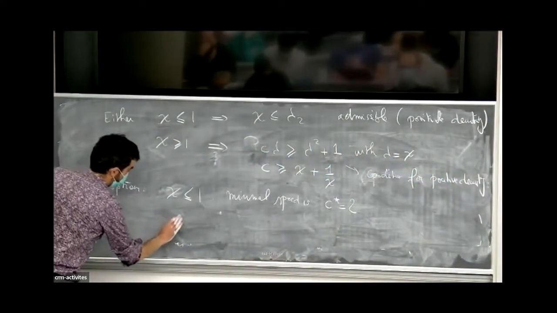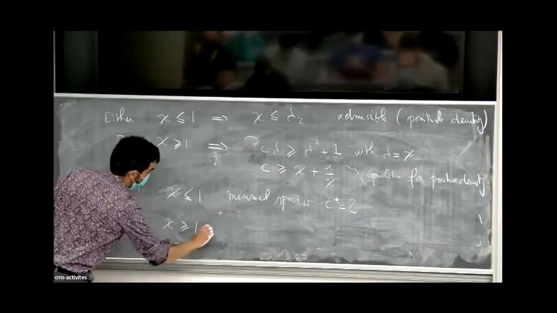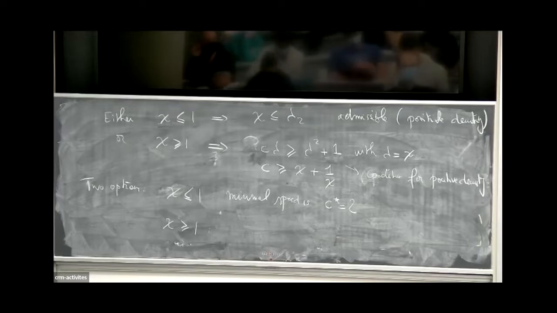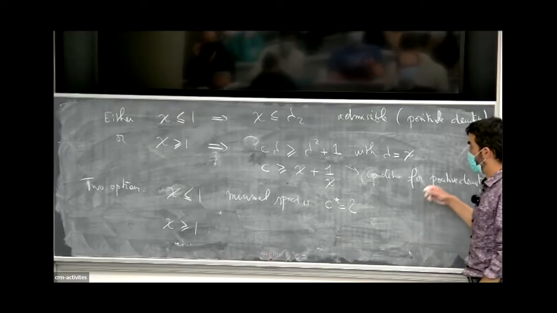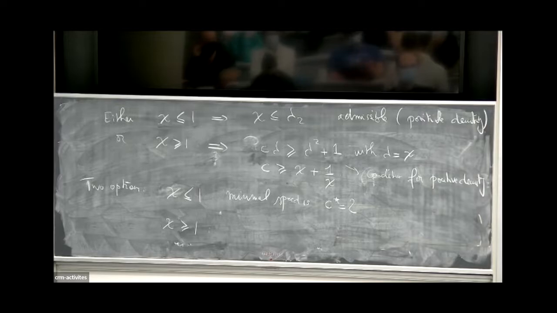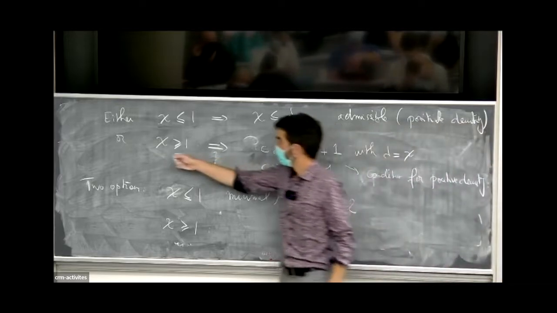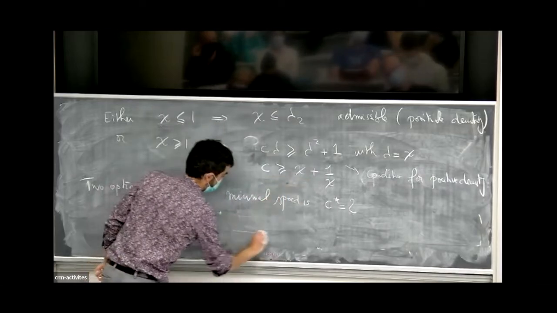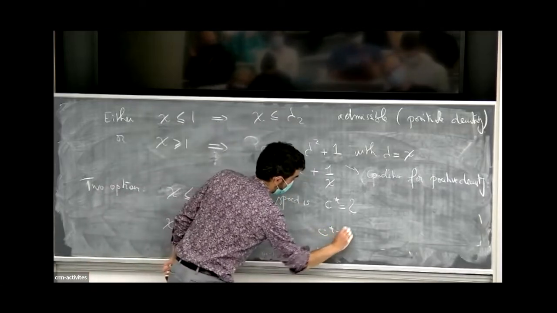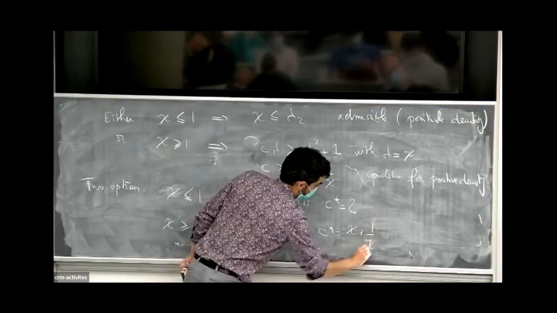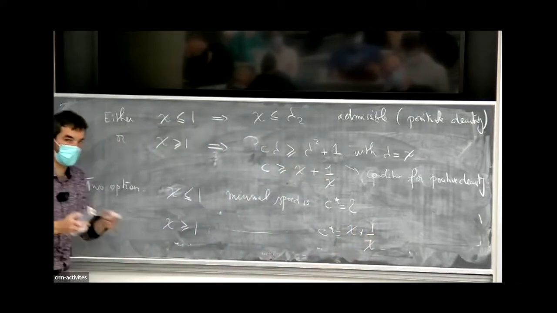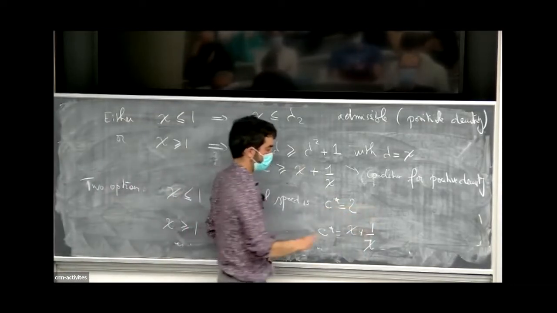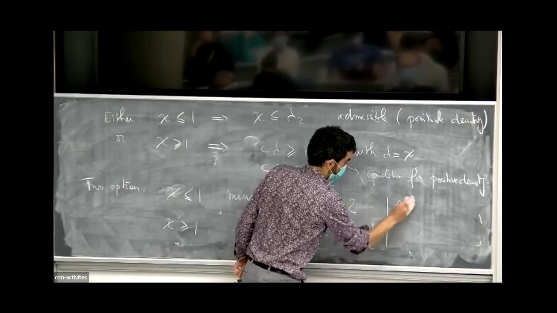Okay, and the second option is when chi is above 1. So I can rule out this case. This cannot be a good candidate. And now if I look at my second case, when chi is above 1, I have to ensure this condition. So now the minimal speed C star is chi plus 1 over chi. So sorry, there is this chi over 2 thing, but it's always the same formula that you can find, very similar. So let's say analogous